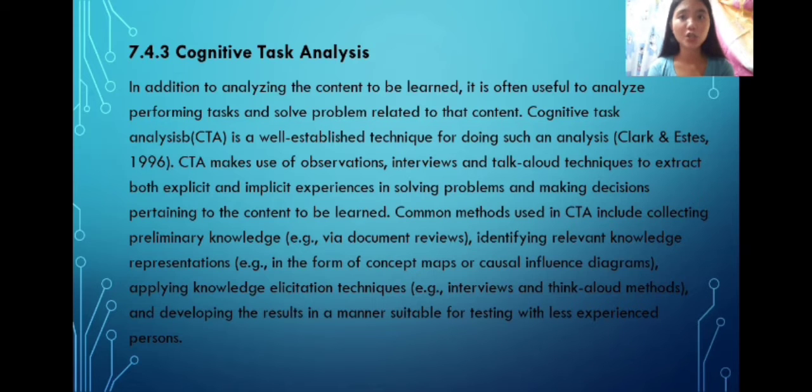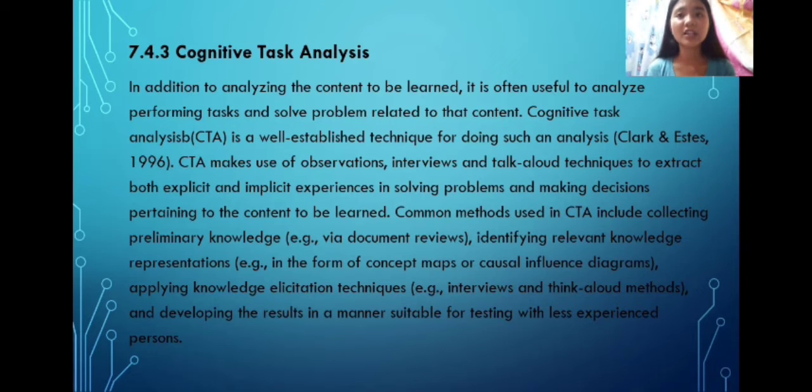Common methods used in CTA include collecting preliminary knowledge, for example, via document reviews. Identifying relevant knowledge representation, for example, in the form of concept maps or causal influence diagrams.